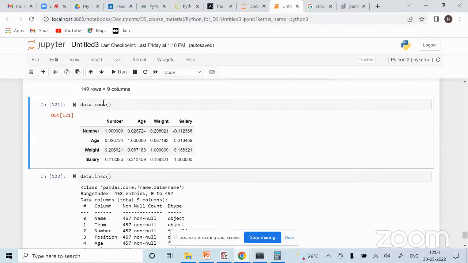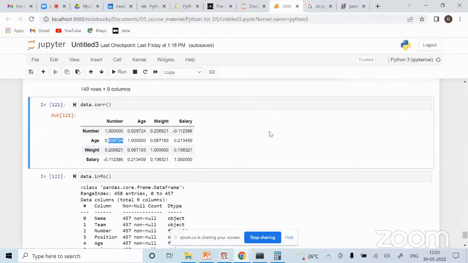Because these things are very important. Imagine if you have 100 features or 100 columns, you are not going to use all 100 columns in your model. No, you will not get a good model. So this is a first kind of manual analysis, you can say, that if something is not important at all, let's take the number column, which has no relationship with salary, then why should I even consider this in my model, right? I can ignore this.